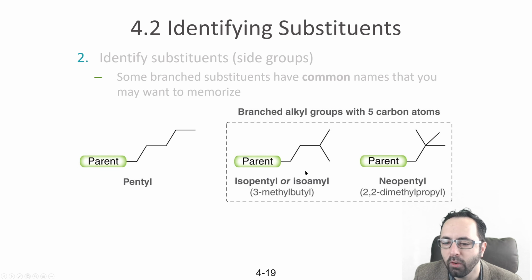Now, the ones for 5 carbons, you don't need to memorize these. You may want to, but I won't require that you memorize them. So here we have a parent that looks like isobutyl and isopropyl, except now the branch is 2 away, right? And so you have that same iso shape with these 2 branches sticking out, isopentyl. And then there's neopentyl, where off the second carbon you've got 2 branches.